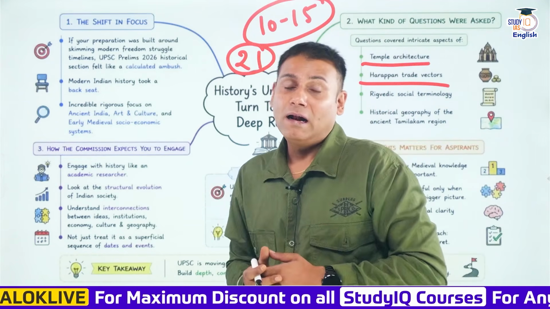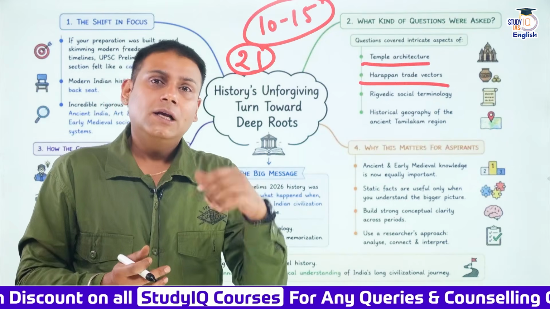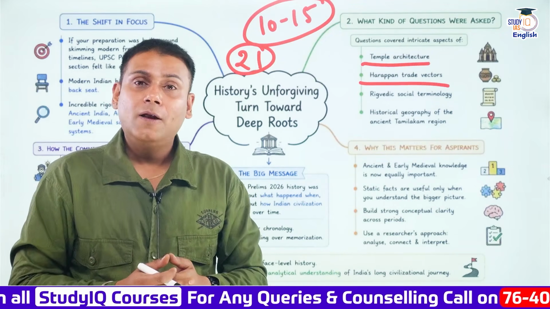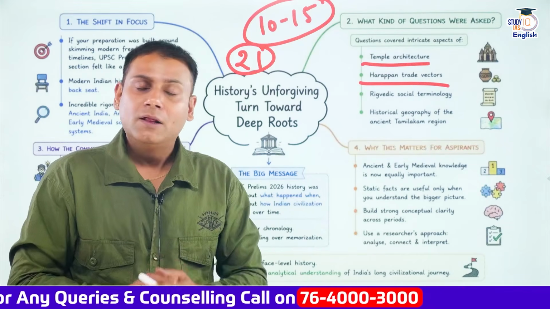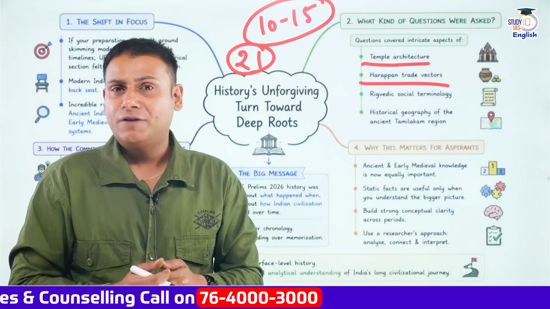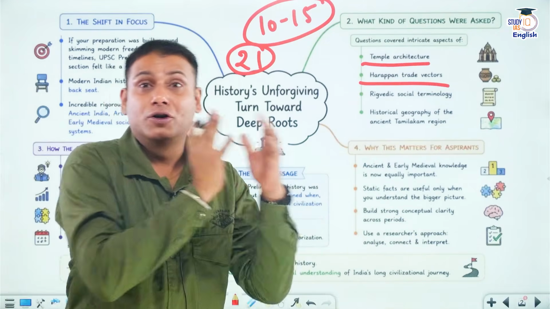It was discovered by Rakhaldas Banerjee, and the key important findings include the bronze image of a nude dancing girl, steatite image of a bearded man, multi-pillared assembly hall, then the seal of Pashupati Mahadev or Proto-Shiva, and a standardized system of weights and measures. These are the key findings from Mohenjo-daro.